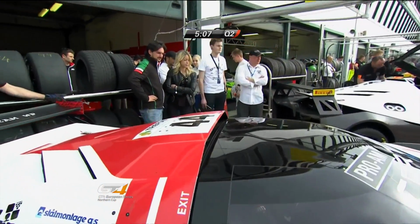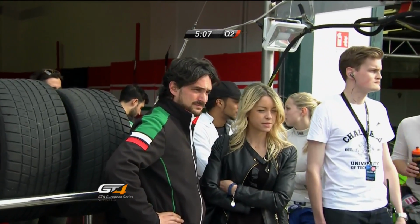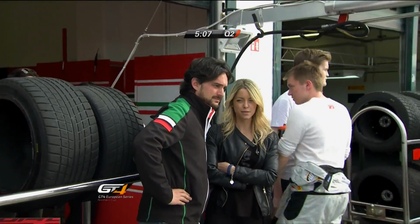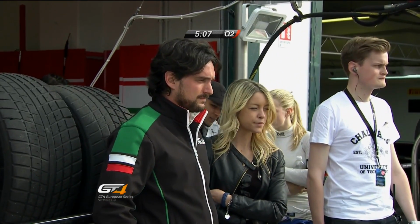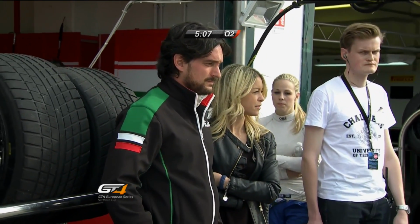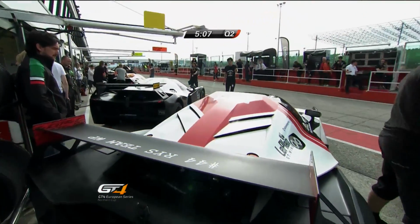And the number 7 Aston Martin of Street Art Racing didn't get a flying lap in, but that was looking quite good for a quick lap too, with Dennis Dupont at the wheel, sharing with last year's AM champion, Jerome Demey. So plenty of car variety, 33 cars in all,